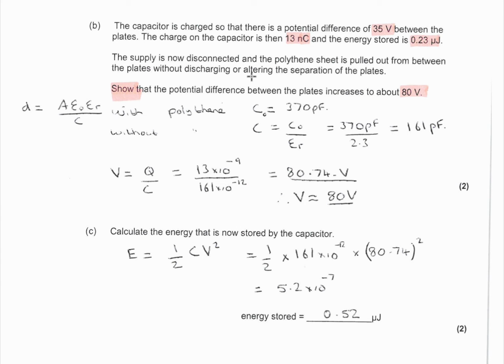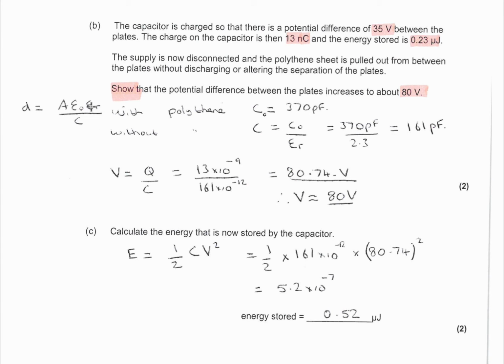So in order to work out the potential difference, the very first thing we need to do is, because capacitance depends upon potential difference, we need to calculate the capacitance. So with the polythene, we're told it's 370 picofarads. Without the polythene, if we think about it, the capacitance is going to be smaller, because when we put air